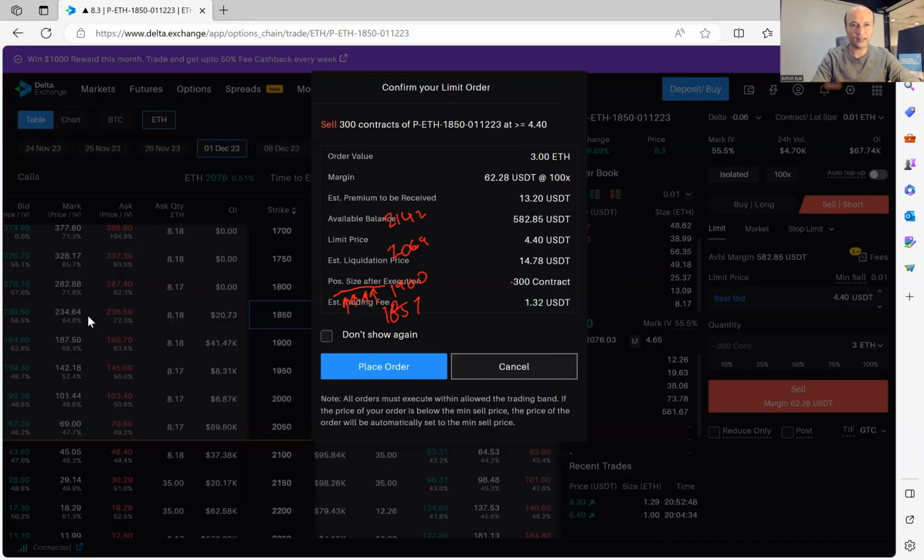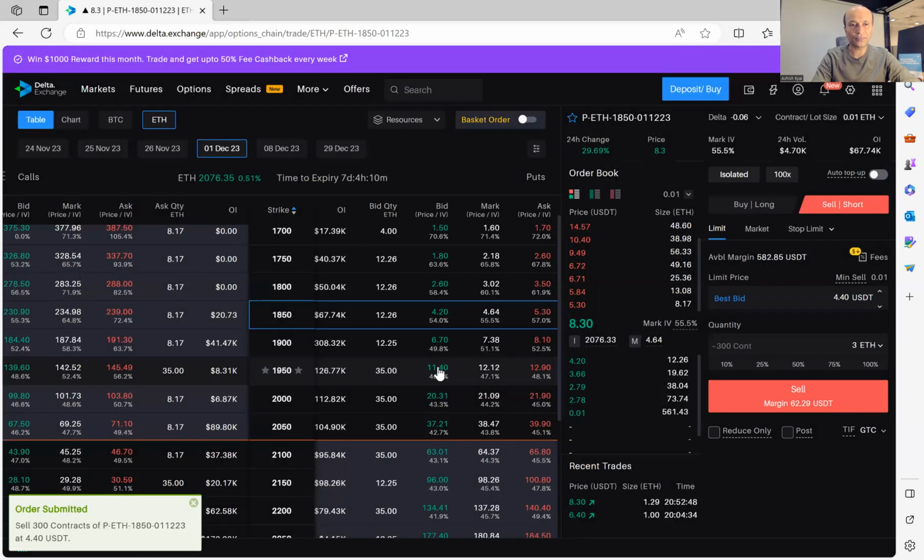And I can see here, let me just clear off the screen now. I can see the margin requirement is, I will get $13. The margin requirement is approximately 62 and we have a decent ROI, right? On a $62, if I can get $13, that's like a decent ROI. So I'm just going to place the order now and the order is placed and we can see that we